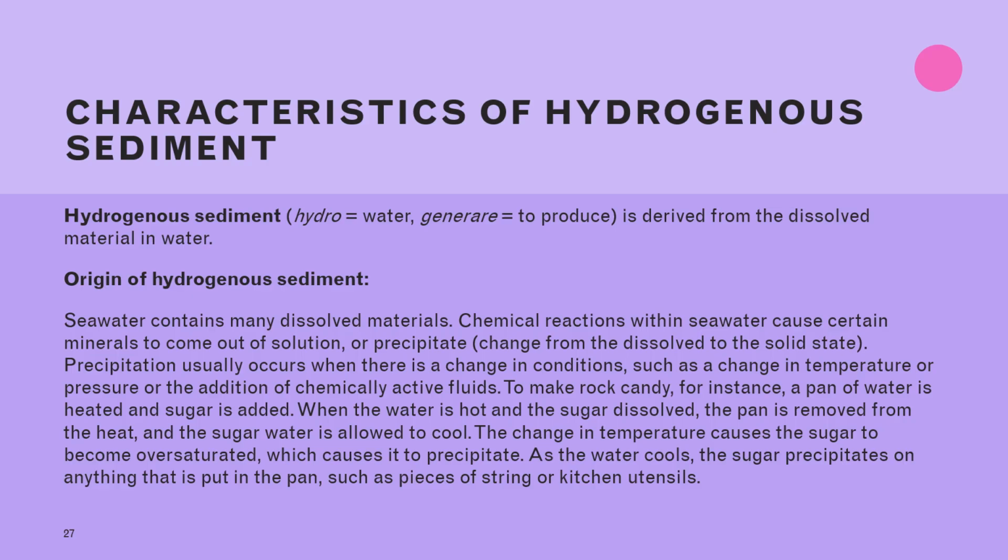Precipitation usually occurs when there is a change in conditions such as change in temperature or pressure or the addition of chemically active fluids. To make rock candy, for instance, a pan of water is heated and sugar is added. When the water is hot and sugar dissolved, the pan is removed from the heat and the sugar water is allowed to cool. The change in temperature causes the sugar to become oversaturated, which causes it to precipitate. As the water cools, the sugar precipitates on anything that is put in the pan, such as the pieces of